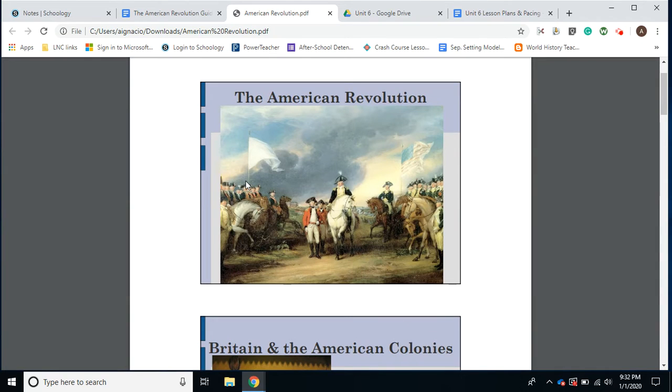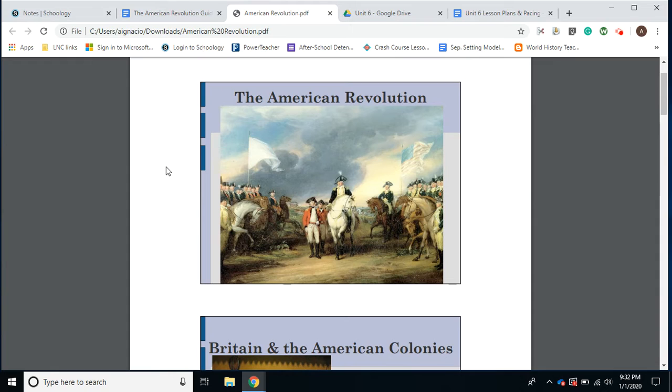All right, so we are going to briefly talk about the American Revolution. We've been looking at different types of revolutions. We talked about Enlightenment ideas and how those ideas were going to start to challenge traditional authority. So we looked at the English Civil War and the Glorious Revolution, the bloodless exchange of power from James II to William and Mary. And we talked about how the English were able to change their form of government successfully a few times over.